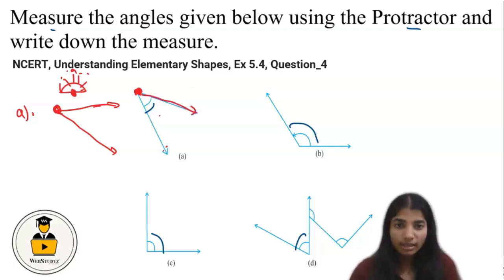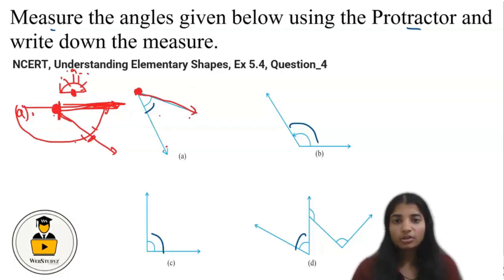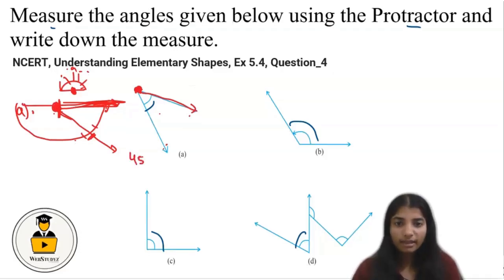So we are going to take this line as the x-axis. Say this is our protractor, and this is at the bottom. We have to take this edge at the center of the protractor, and using the numbers given on the protractor we can find out the values. So in part 1, when we measure this with the help of the protractor, we got the value of the angle as 45 degrees. So the answer to part A is 45 degrees.